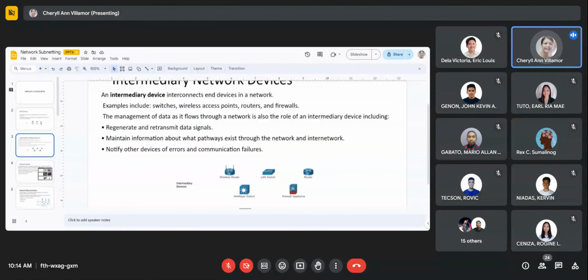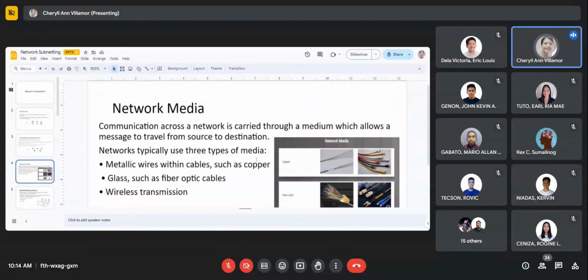Okay, so if we don't have intermediary devices, our end devices cannot connect, right? So we need the intermediary devices. They are the ones that interconnect end devices with the network. So what are those? We have the router, the switch. So that is what composes the intermediary devices. Without them, our end devices cannot be networked. Okay. The next is, of course, if there is nothing to connect them, they cannot connect, what we call